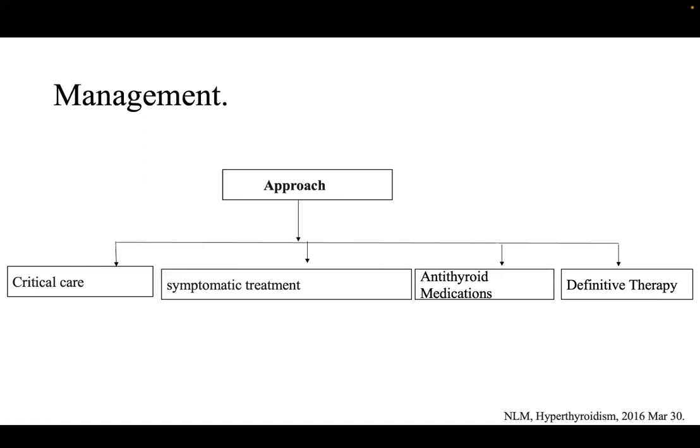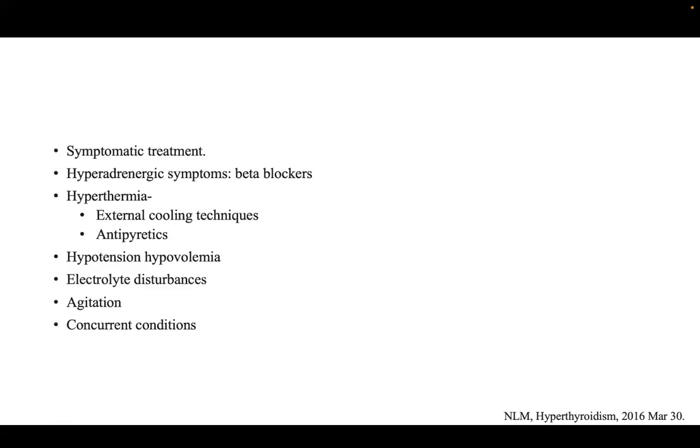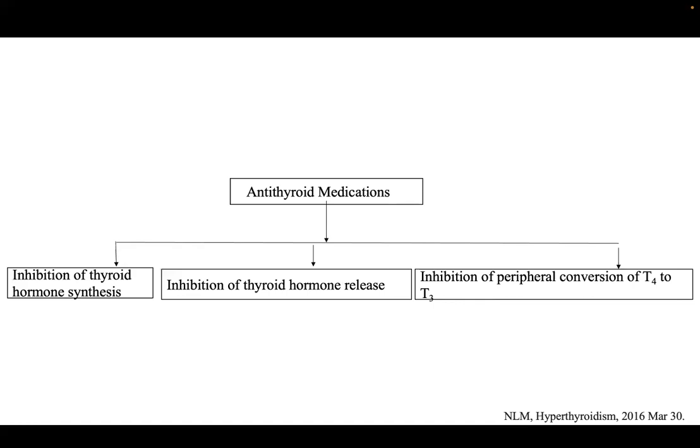And for central nervous system manifestations of agitation, seizure, and others, you should consider administering benzodiazepines like clonazepam. And you also treat the concurrent conditions of heart failure or atrial fibrillation which is present. Then you go ahead with the anti-thyroid medications, and this will have three lines, that is you either inhibit thyroid hormone synthesis, which includes propylthiouracil and methimazole, and